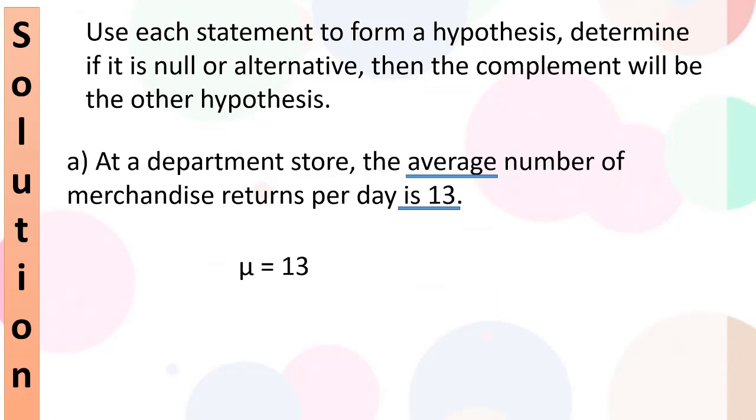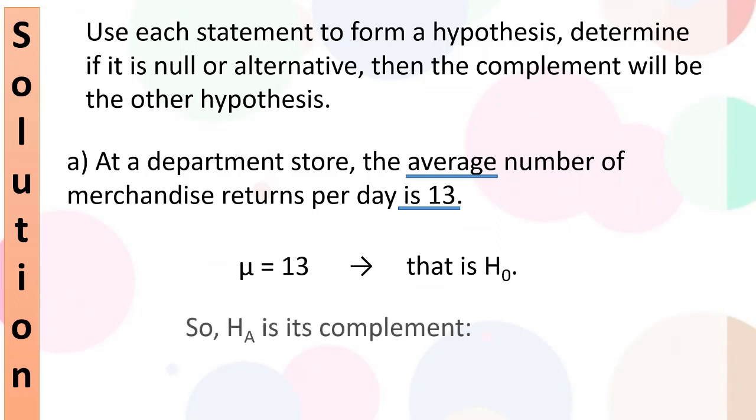Would that be the null hypothesis or the alternative hypothesis? Well, because there's an equality in it, that's the null hypothesis. That's H naught. So now we need to find the HA. Well, what's the opposite of being equal to something? It's being not equal. So the other one, HA, is going to be mu not equals 13. For part B,